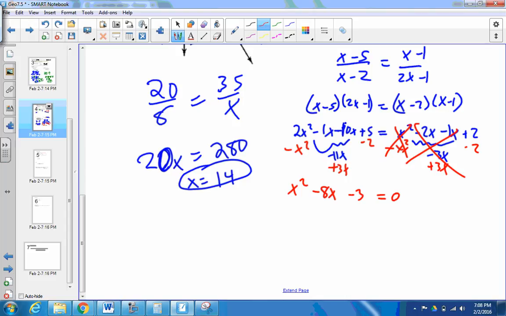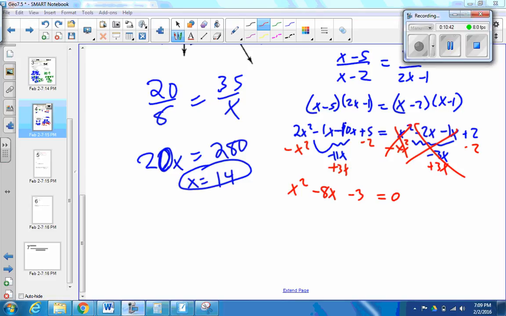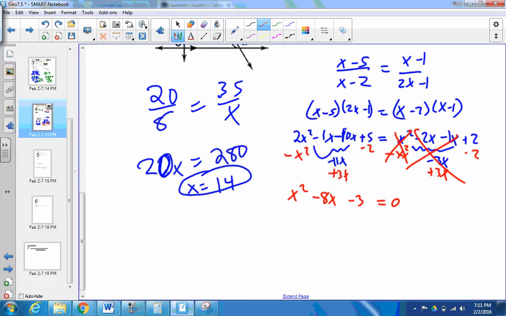And there's our quadratic. You can use the quadratic formula, or a couple of different methods that you've learned, but right now just look for target numbers. And actually, you know what? I made a mistake, so it's supposed to be plus 3. But we're going to stop here. You can't tell two numbers that would multiply to equal 3 and add to equal -8 right now. It's going to be weird decimals. So we're going to stop right there, and you can use the quadratic formula if you'd like,